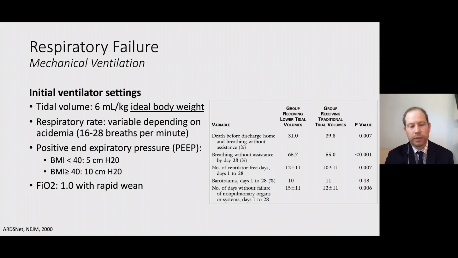There has been a lot of debate as to what the appropriate PEEP or positive end expiratory pressure should be in these patients and in ARDS patients in general. In general, we've been starting at our institution at a slightly lower PEEP for patients who have a lower BMI and higher for patients who have a higher BMI, although this might vary depending on the patient's severity of illness and other factors, for example, whether the patient has other chest wall disease like graft versus host disease.